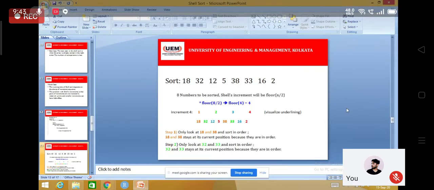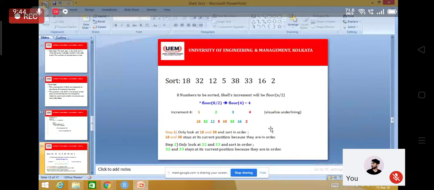Okay. So we are in this Shell sort, where these are the elements to be sorted. So these are the 8 elements. And for our simple method, we are taking the gap divided by 2. Initially you may consider the entire thing is n, so it's n by 2, and you will get this 4. Okay. So now with this gap of 4, you need to select the elements.